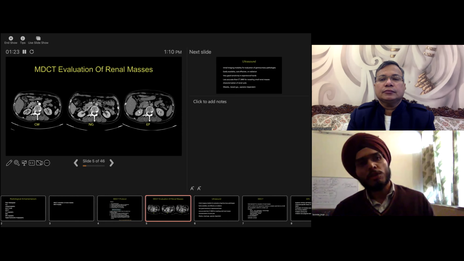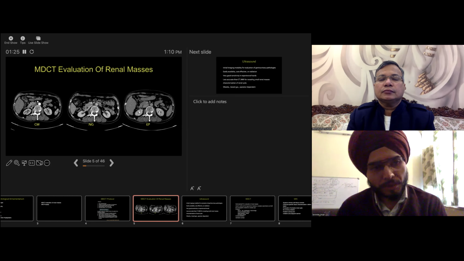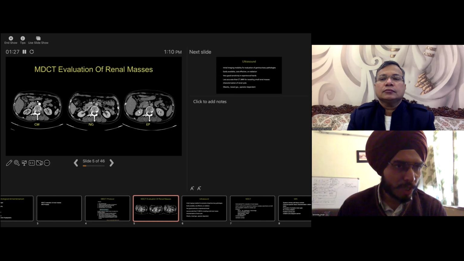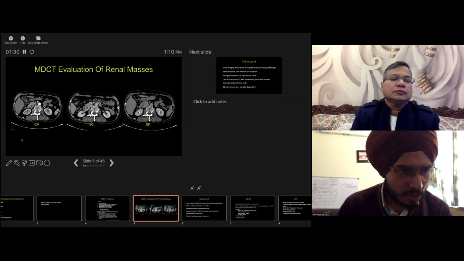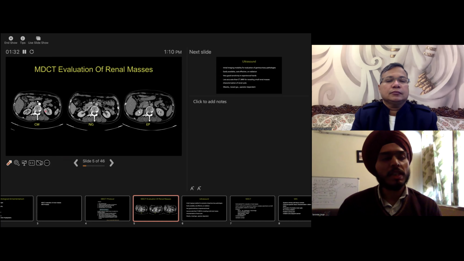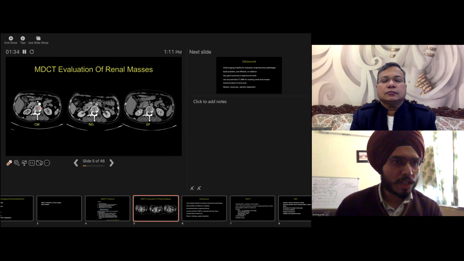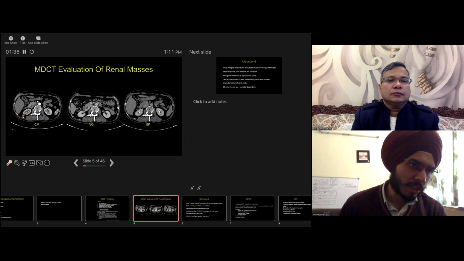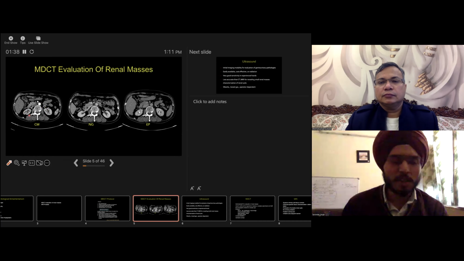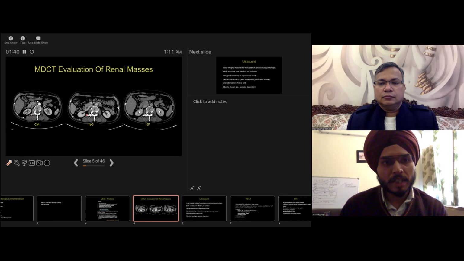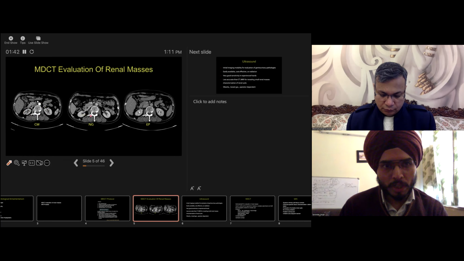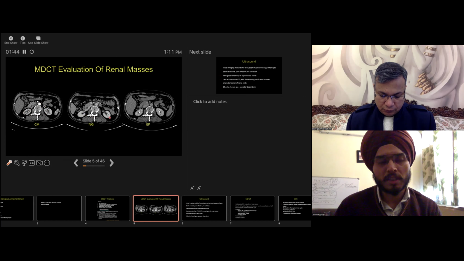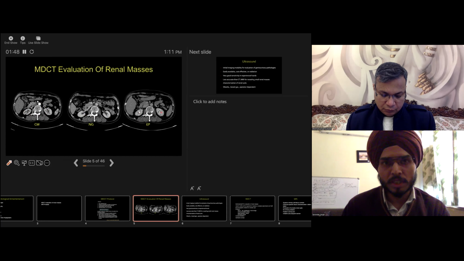So in CT evaluation of renal masses, we need to identify the phases of the scan. In the first image we can see contrast within the aorta, and the cortex of the kidney is enhancing, but the medulla is not enhancing. This is the corticomedullary phase. In the second image, we can see the medulla is also enhancing, similar to the cortex. This is the nephrographic phase. And in the third image, we can see the contrast within the PCS. This is the excretory phase, which usually starts at